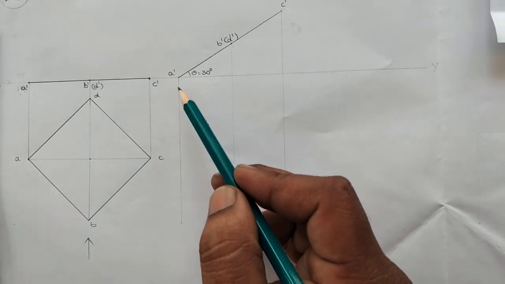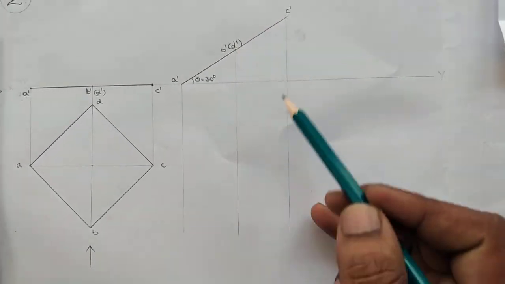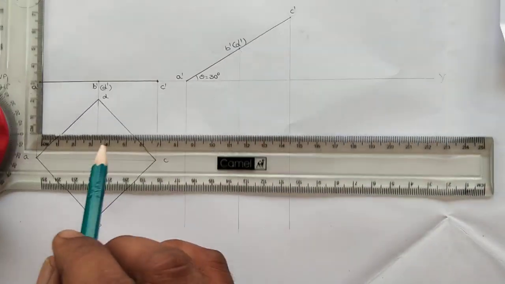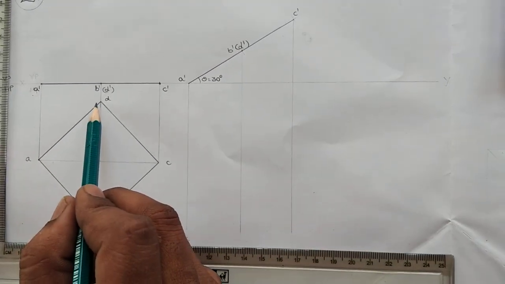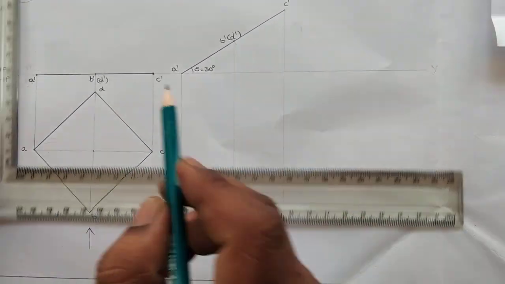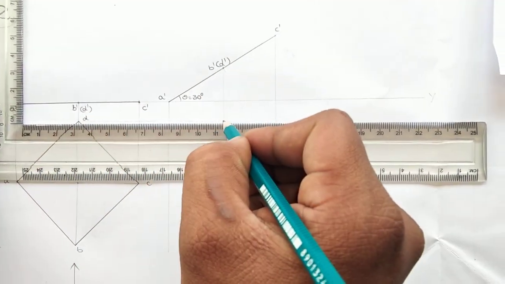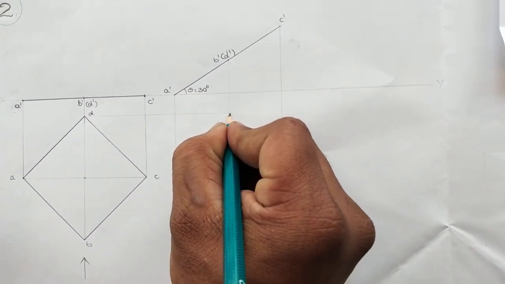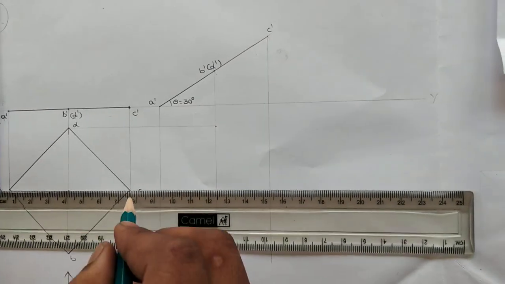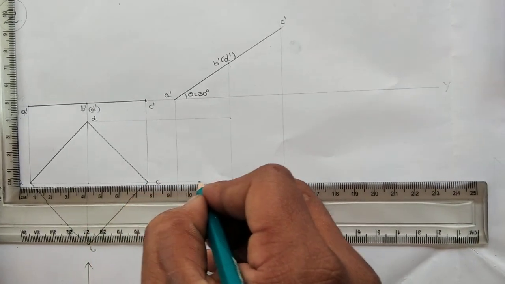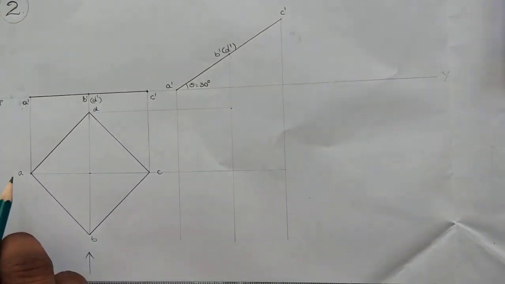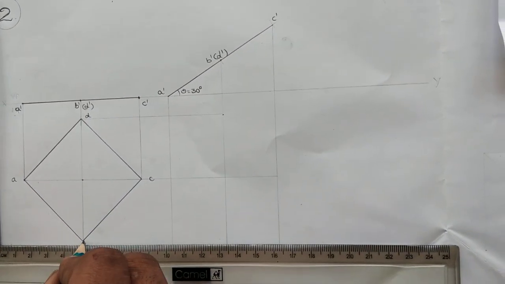Then similarly we can project every point downwards in this way. And next we should construct the locus lines. This is point D and this is the projector of D. We can draw the locus line to intersect the projector of D. So here this particular point becomes D1. And similarly we can draw the locus line from A to C, from AC, and draw the locus line from B.